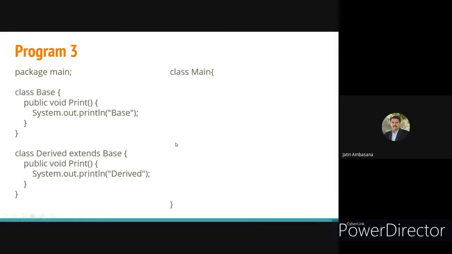Then we have a Main class in that same package, and we have a public static void doPrint method, which takes a Base object as a parameter, and its print method is called, o.print.